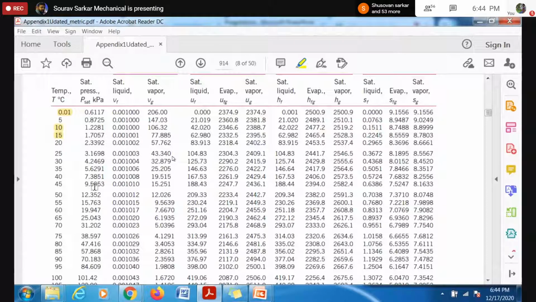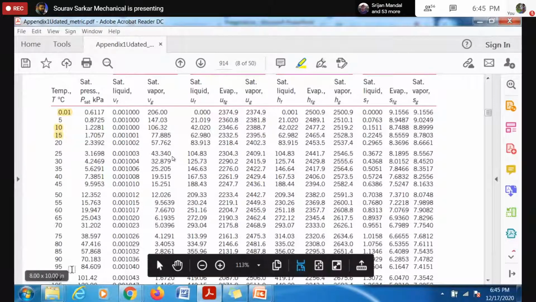So the pressure may be 1 atmospheric pressure. Whenever you are fixing a temperature in a phase change process, the pressure is already getting fixed. And we already know that. I told you about the pressure cooker example, that whenever you increase the pressure, your boiling point increases. It is the same thing we discussed in the previous class, so you can verify that.